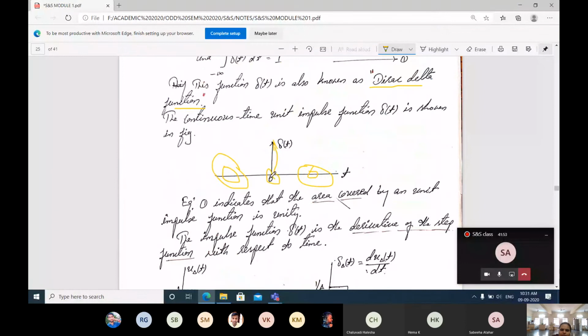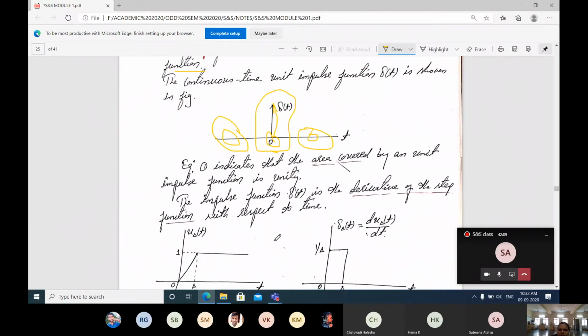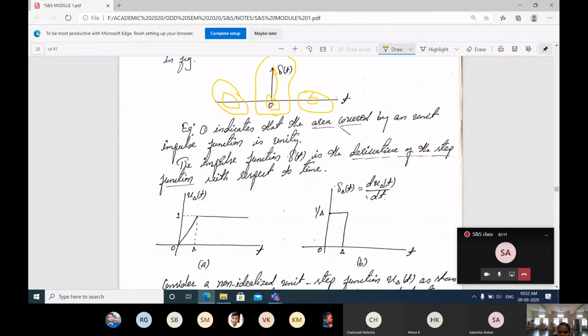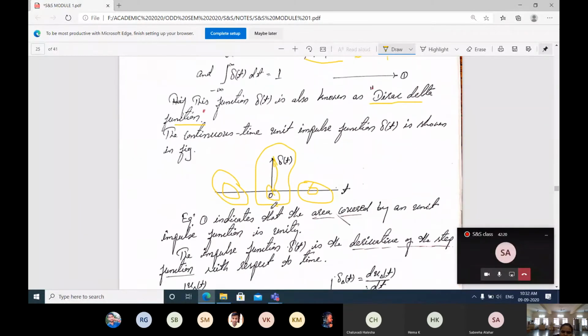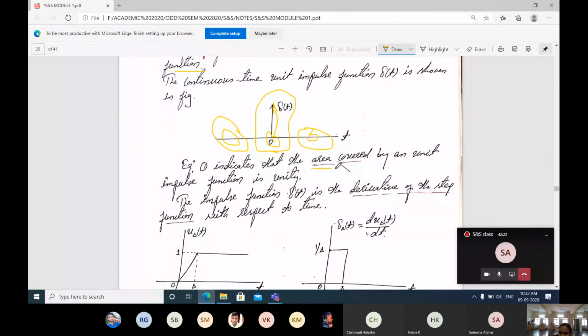Next, how we obtained this function only at the 0th position. In theory I can tell at the 0th position it is having a signal, but in a practical way it is not possible to get this. How is it taken? Observe here. Equation 1 we are going to take. This equation 1, integration from minus to plus infinity, delta of t dt, is going to be equal to 1. Based on that, we will be taking the area covered by the unit impulse function.